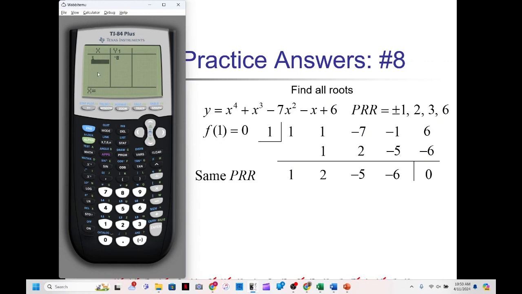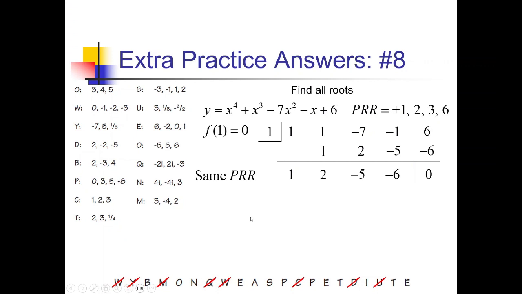So let me go on to negative 1 then, which does give me 0. So I didn't have to search too far. 1 didn't work, but negative 1 did. So I'm going to use my coefficients right here. It's already written out for me. Now I'm just going to put in a box number of negative 1. So bring down the 1 times negative 1 is negative 1 plus 2 is 1 times negative 1 is